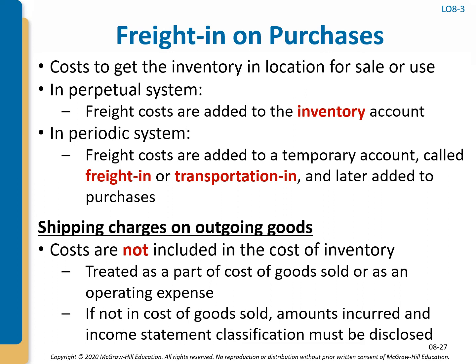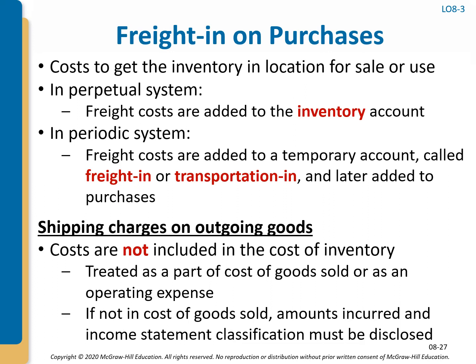In a periodic system, we use a temporary account, and it can either be called freight in or transportation in. Freight in is just that: the cost to get the item to the desired location in the desired state is included as part of the inventory amount. So the cost of shipping items out,